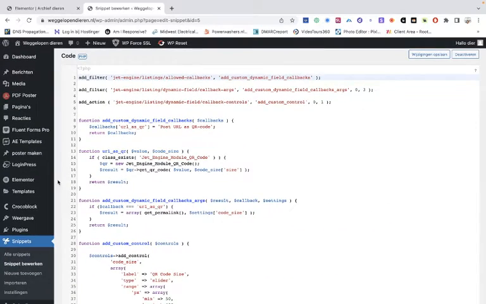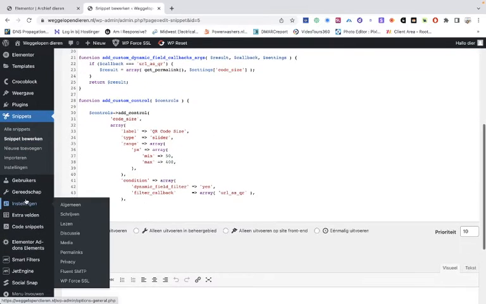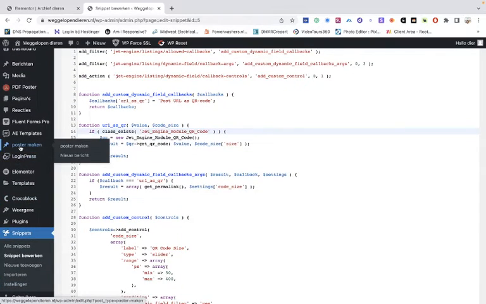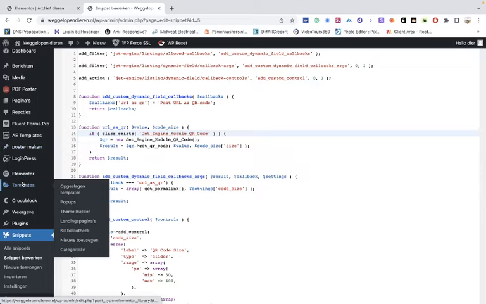Once you have done that, if you are familiar with writing code, then you can also change this. But we don't do this in this tutorial. Once you have done that, then of course you go to Elementor and to the